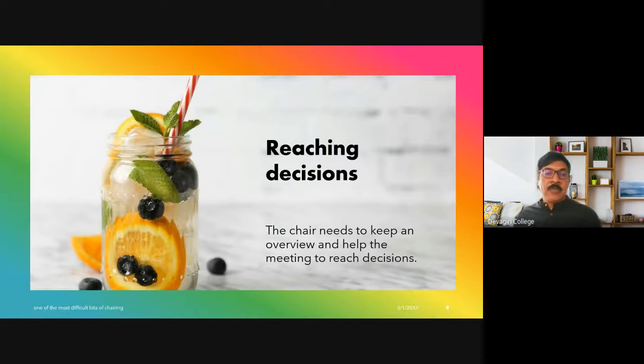Decisions are made. Decisions are made in the sense that it is very easy for discussions to wander about and then drift away without any decision or action agreed. So sometimes the decisions may be inconclusive. So to help make the meetings reach decisions, you have to practice and you have to develop the confidence to